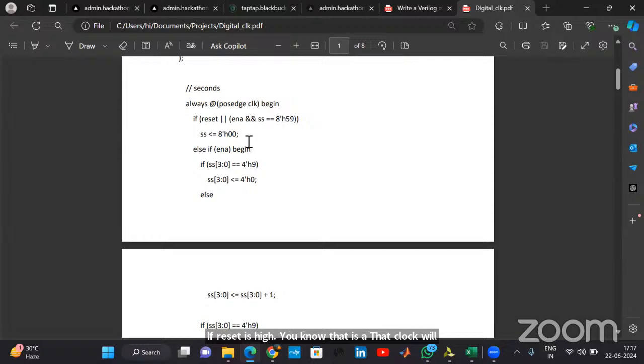If reset is high or, logical OR operation, enable is high, which enables the digital clock, and, logical AND operation, the second digits are 59. This is a logical AND operation. If enable is high and the second digit is 59,